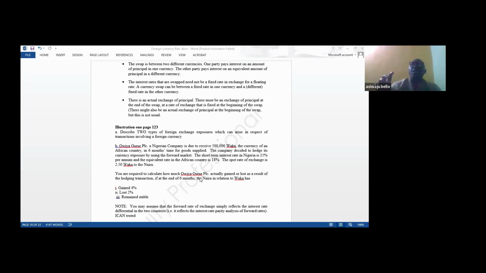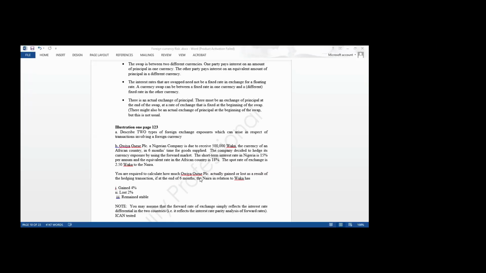Number 2, indirect quotation. That is the opposite of direct, whereby exchange rate is stated in terms of the number of units of foreign currency